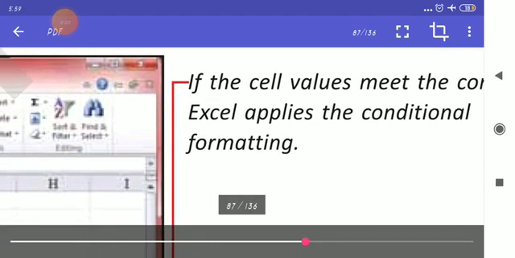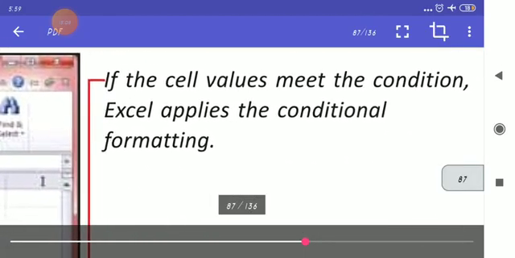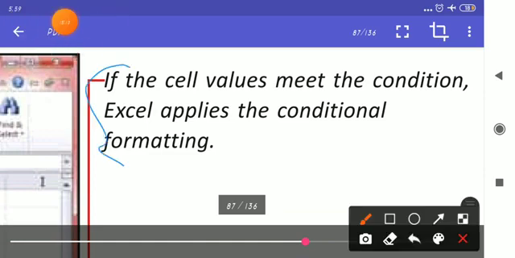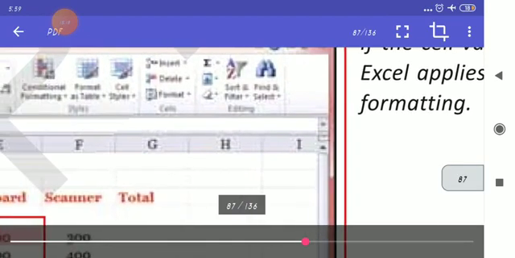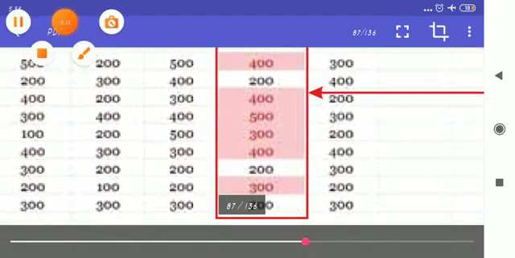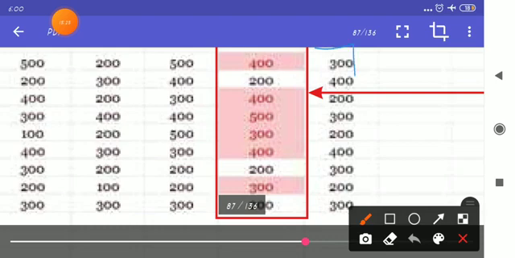If the cell values meet the condition, Excel applies the conditional formatting. So if it satisfies, then the conditional formatting will be shown and displayed. You can see over here, as you have written there, condition greater than 200.